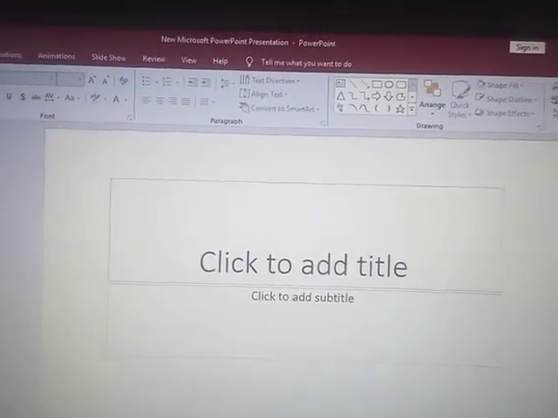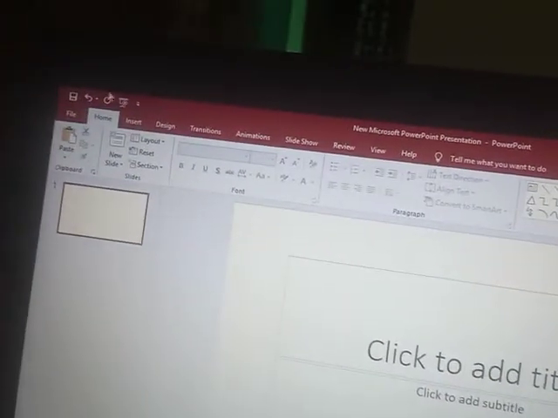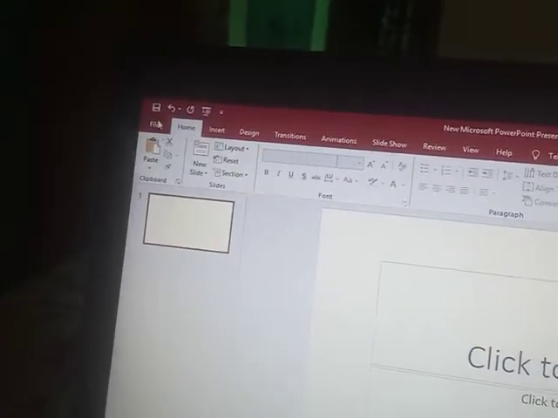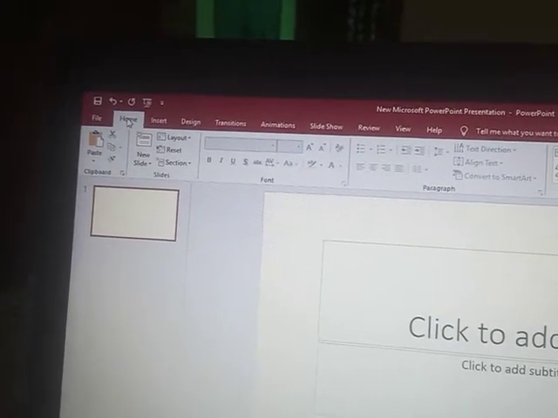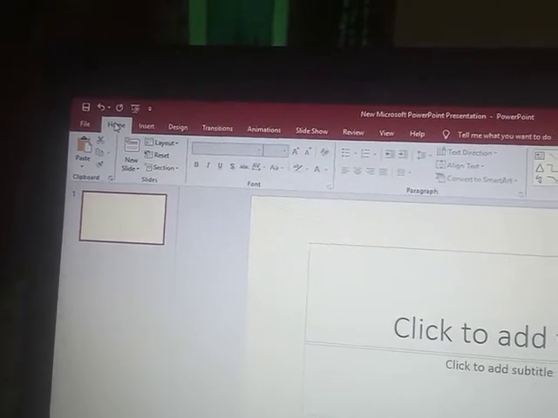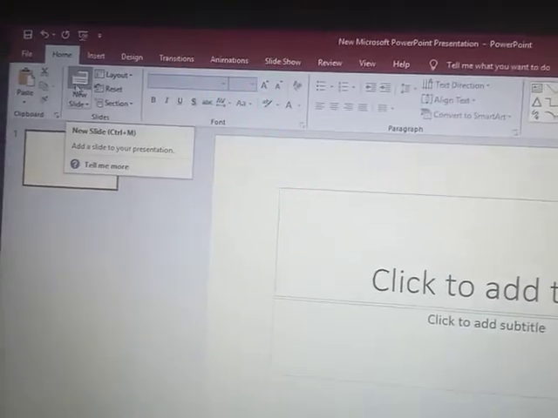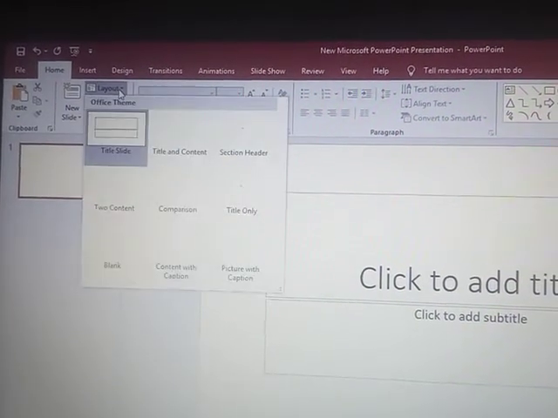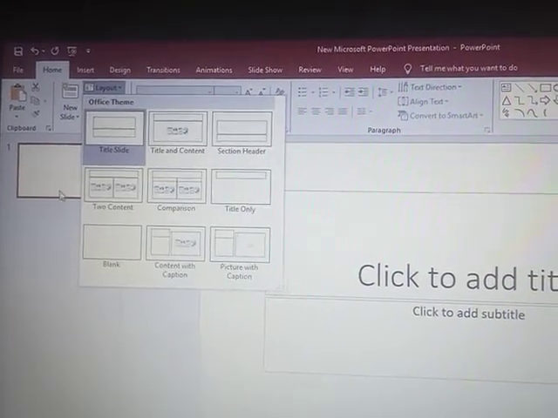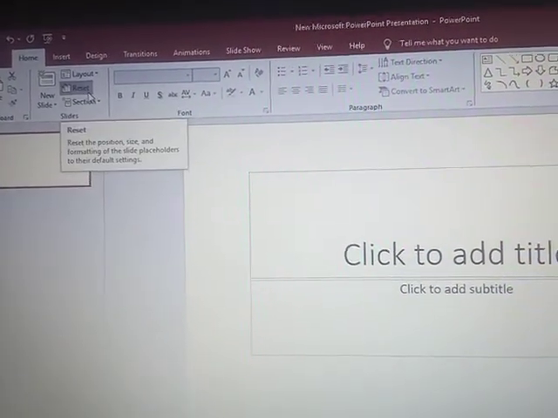first slide, you can say. Now see, you can see that is the ribbon, that is a part of the ribbon. I am at Home. In the ribbon, I am at Home. In Home, you can see different options are there. In Home, you can see the new slide can be opened. Layouts are there. Which types of layouts are there? You can see, and different options are given.